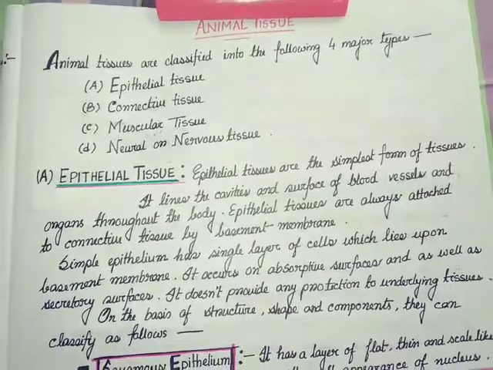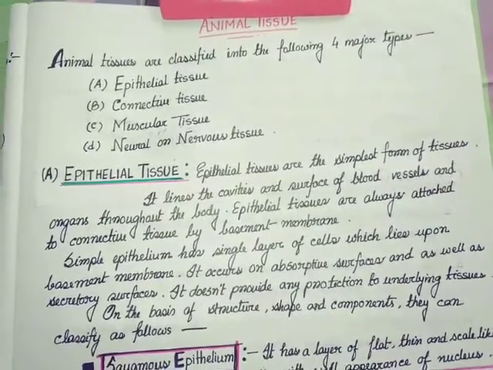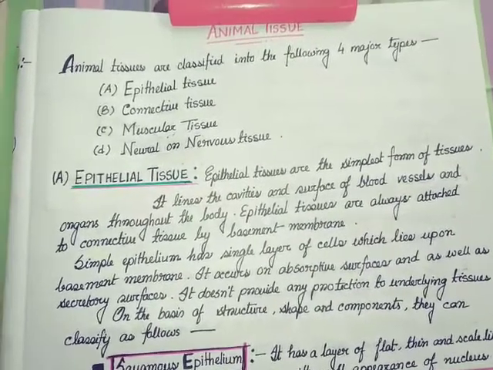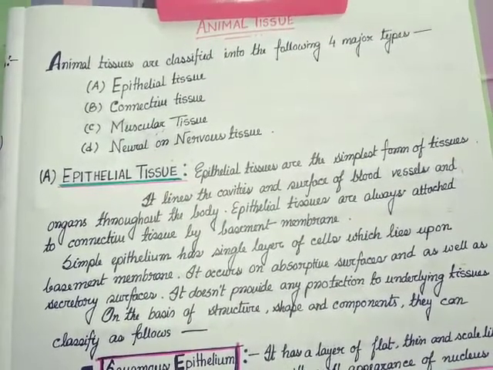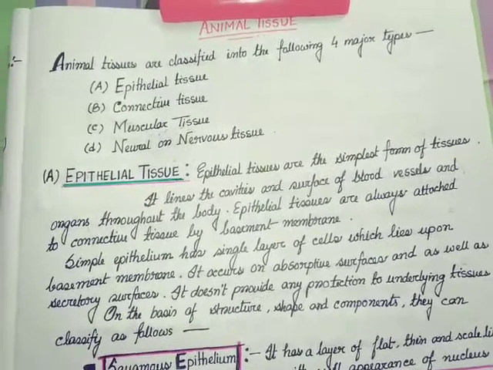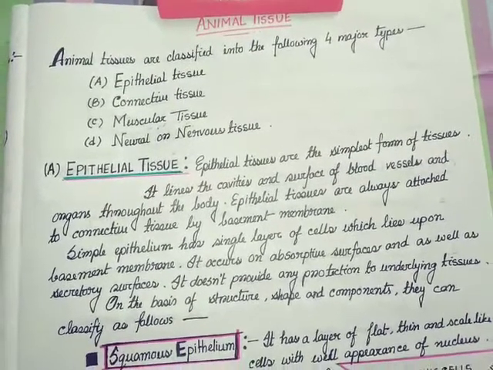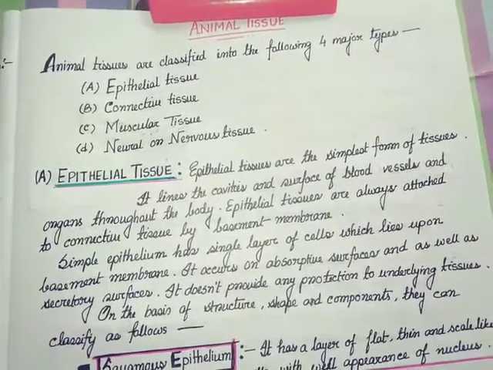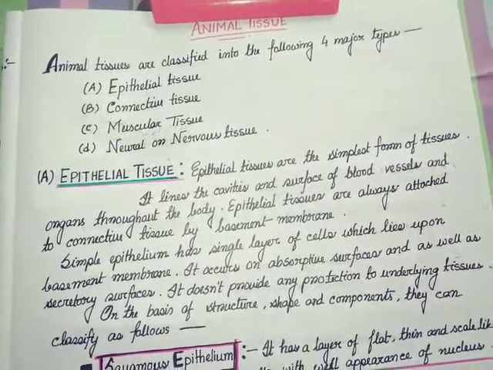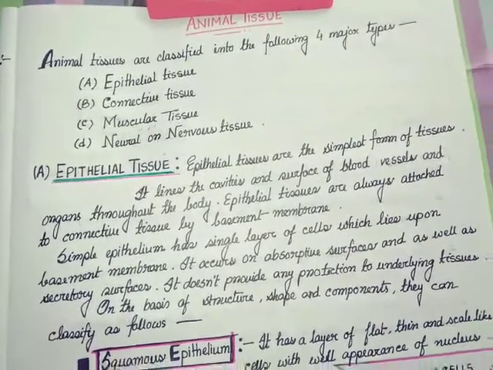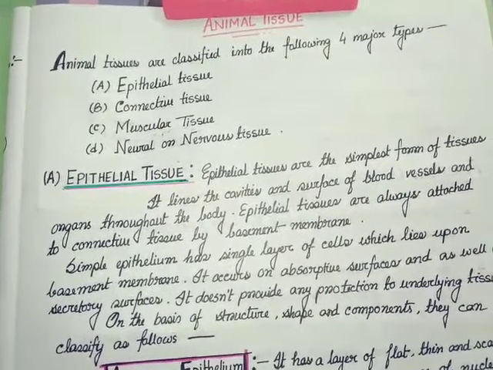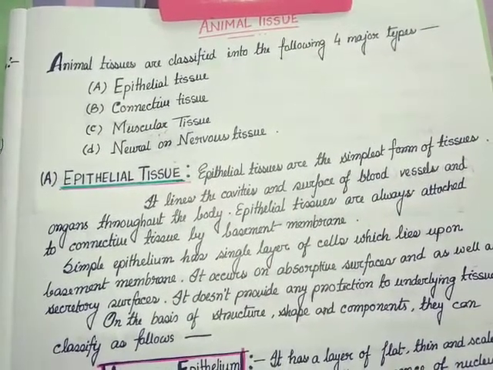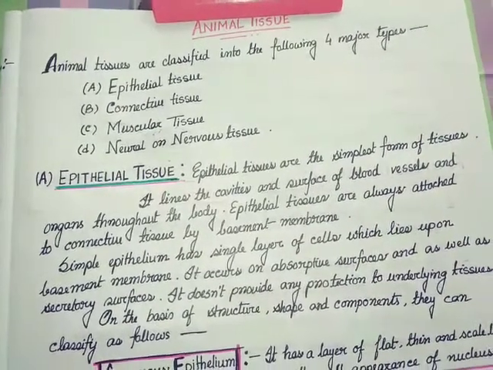We have already completed the plant tissue portion. So now the second portion of the chapter is the animal tissue. So we are starting it today. So tissue, what is tissue? It is the same in plants and animals. Tissues are basically a group of cells which are performing a specific function, and they are similar in shape.